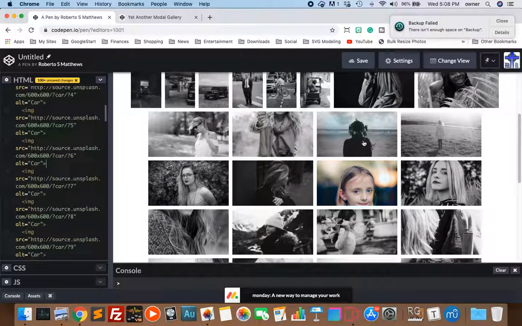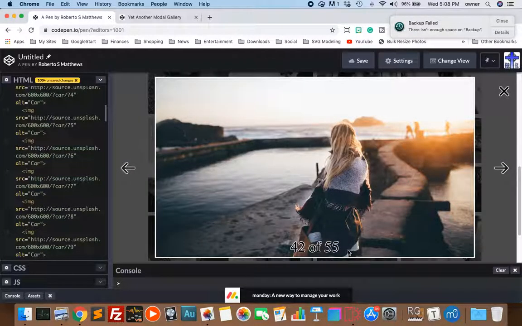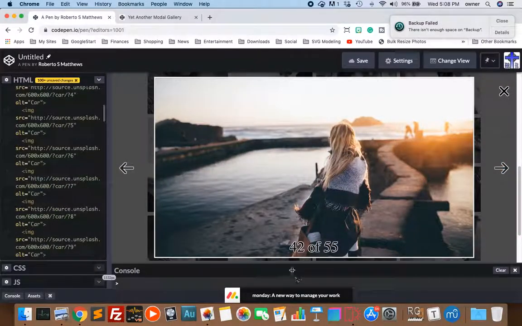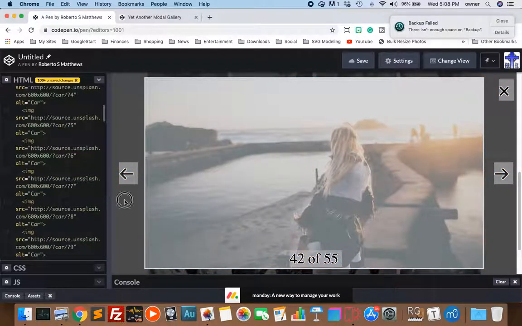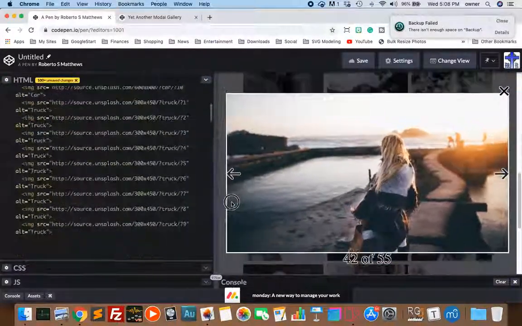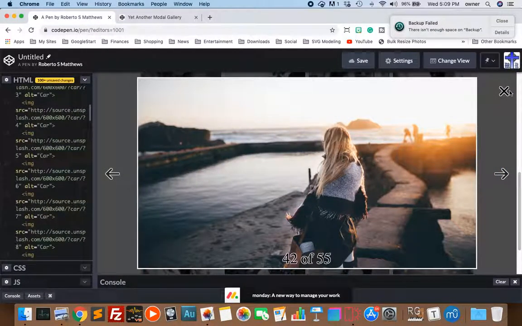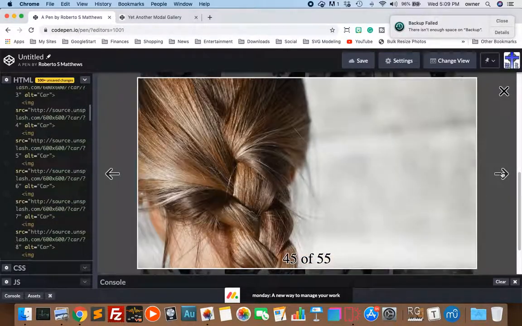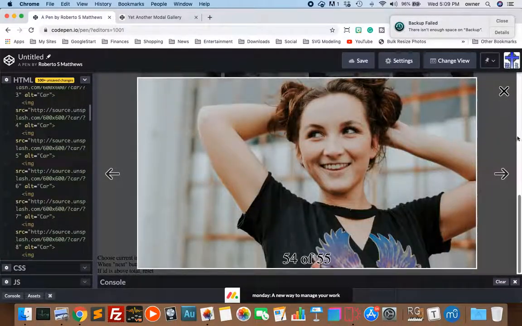Very good. So now everything scaled up. Let's see how many pictures we have total. 55. And as you can see, even though it's longer, it won't get any taller than our size here. Okay? And notice that this works really well because we have this outline. And so when we go to the next one, works out perfectly. If we go to the last one,